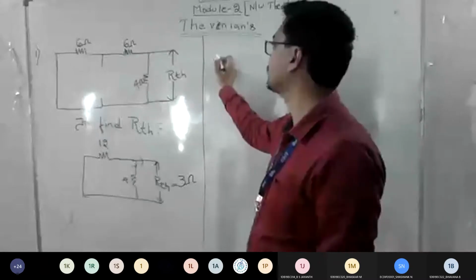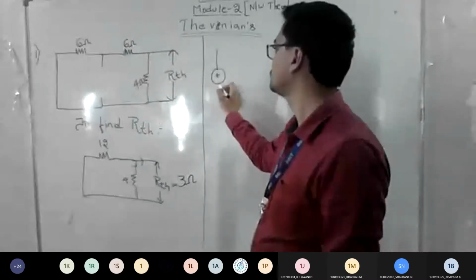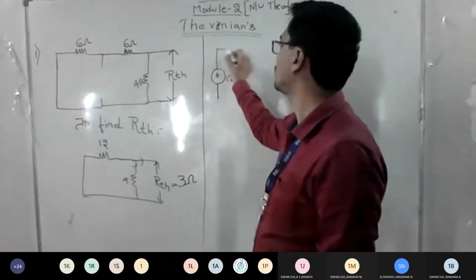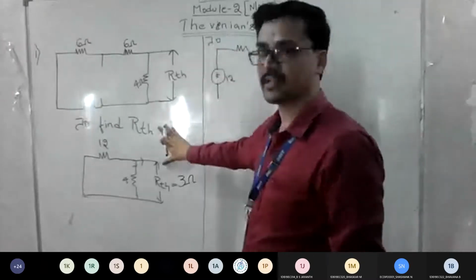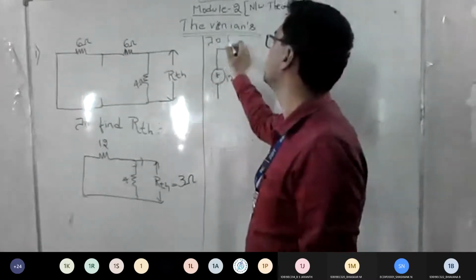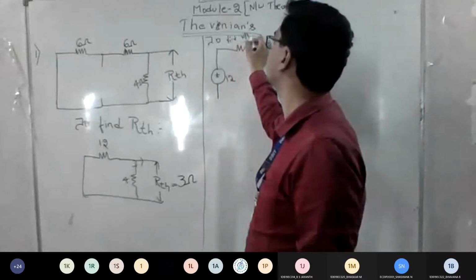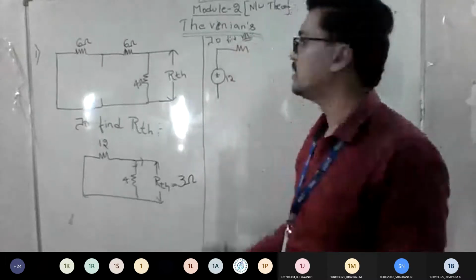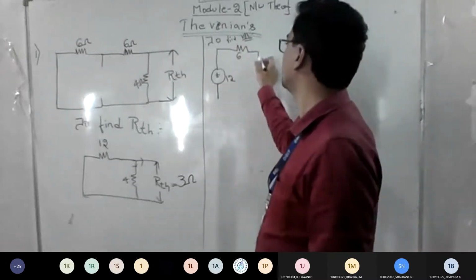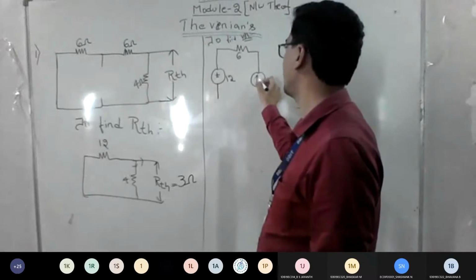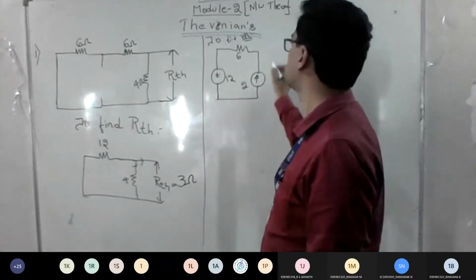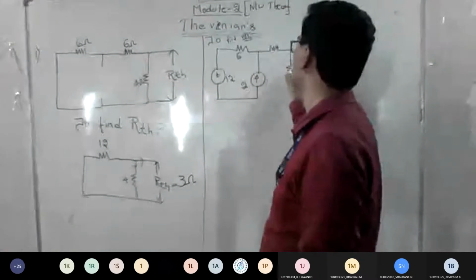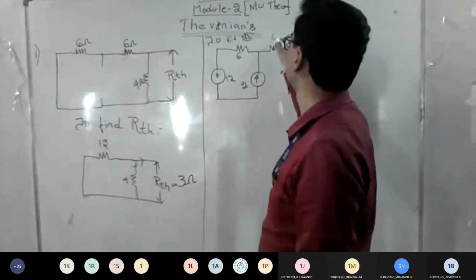Retrieve back your circuit. So I think this was 12 volt and 6 ohm is there. So now what am I finding? To find VTH. So write this step to find RTH. Similarly to find VTH. Okay. So replace basic network now. So how it was? Arrow mark upward. Yes, sir. Okay, 6 and you have 4.